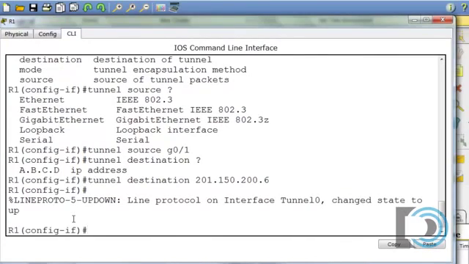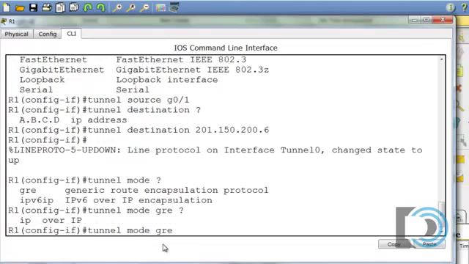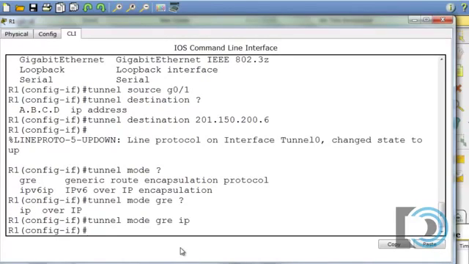Okay, now I'm going to set the tunnel mode. So I'm going to say tunnel mode, which is one of our options. I'll put a space and a question mark, and you can see that built into Packet Tracer we have two options here, GRE or IPv6 over IP. We're not doing an IPv6 exercise here, but I'm going to do one in maybe the next video. So what we're looking at is a GRE tunnel, so I'll put GRE and then a space and a question mark, and you can see that the next command is IP, basically for over an IP network. So I'll put tunnel mode GRE IP. So now I have the source, I have the destination, and I have the tunnel mode. So it looks like I'm done. So I'll exit out of my